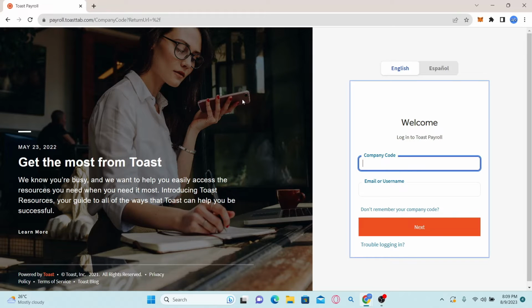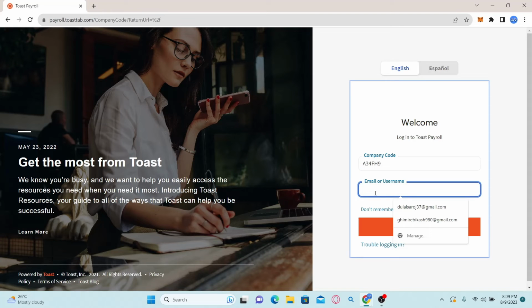Now in order to log into your employee account, simply type in your company code followed by your email address or your username. After typing your company code and your username or your email address, you can simply click on the next button and you will be asked to enter your password. After that, simply type in your password and click on the login button and you will be logged into your